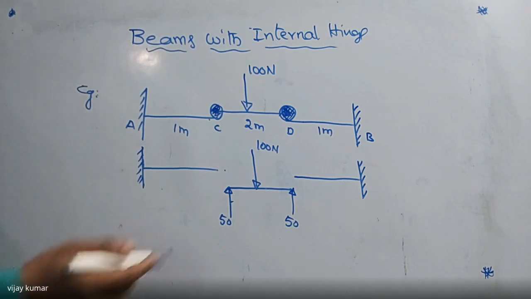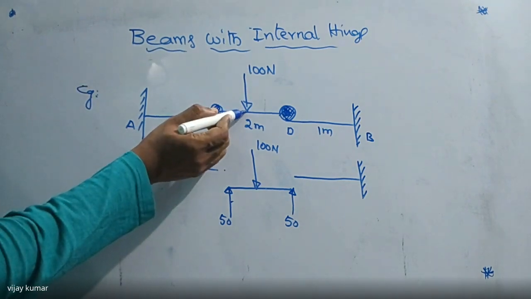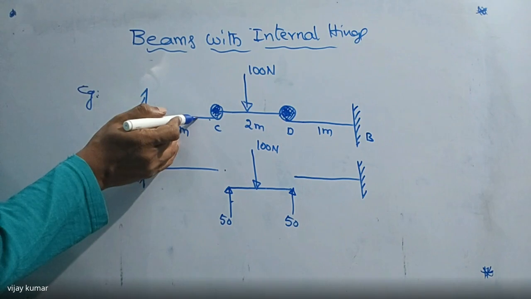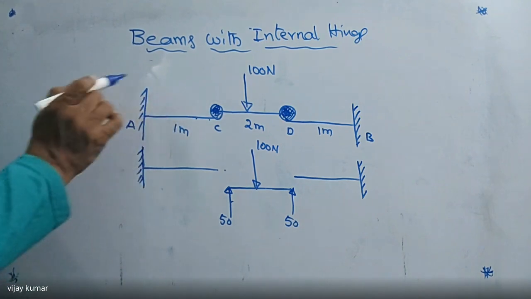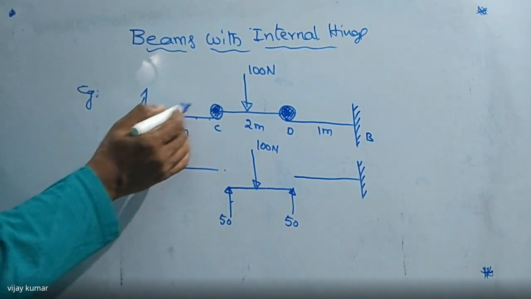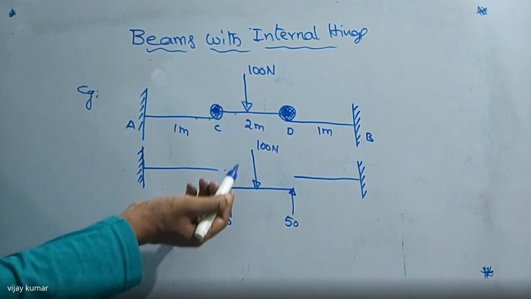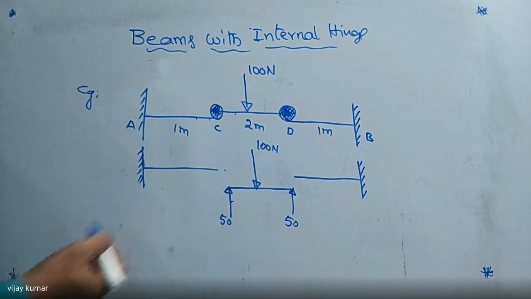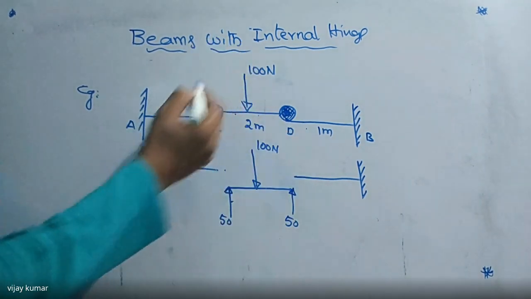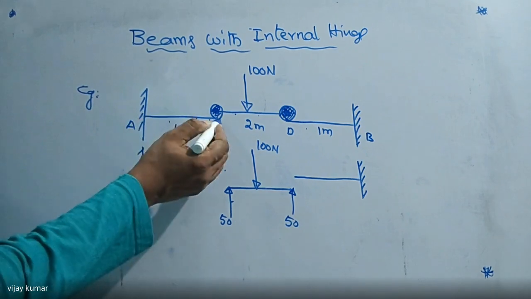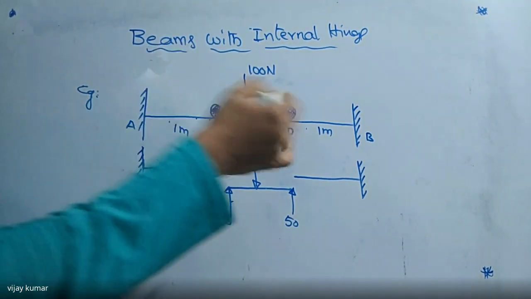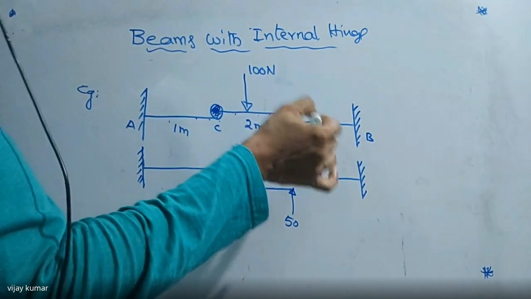Right. So if this bar is moving in the downward direction, this bar applies some force on this bar, in which direction? In the downward direction. And this bar applies some force on this bar in which direction? Upward. Already I have indicated here. So this bar also applies some force on this bar upward. But this bar applies some force on this bar downward.